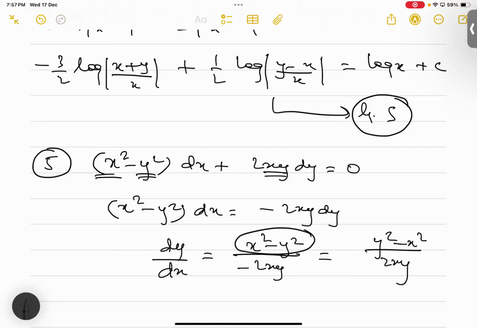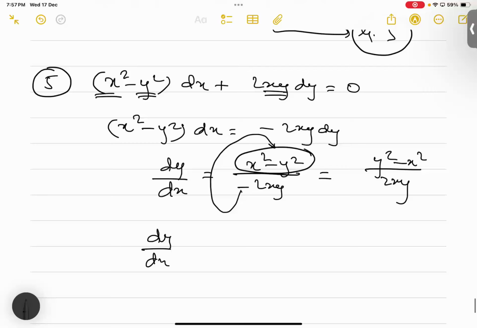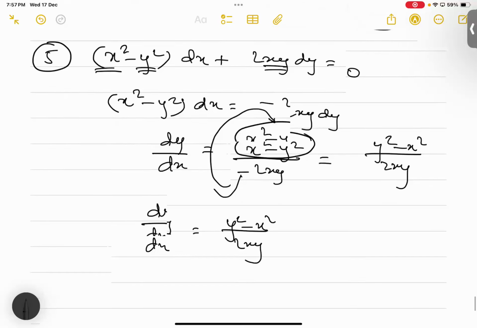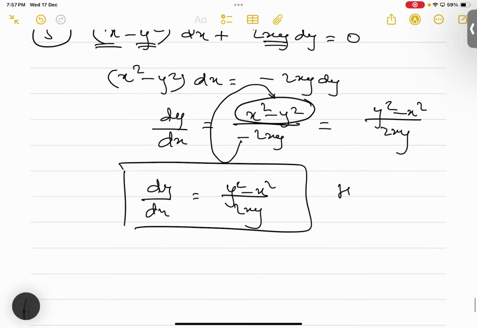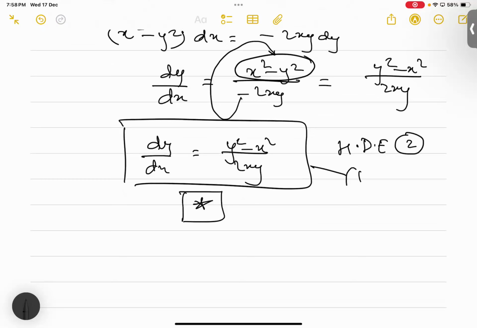How did this become y square minus x square? This minus, if I give it to this particular bracket, the terms will reverse. So dy by dx is equal to y square minus x square and 2xy. HDE with degree 2. Okay, these steps you need to write in the exam. Put y is equal to vx. We are not writing it because, yeah. So from 1,